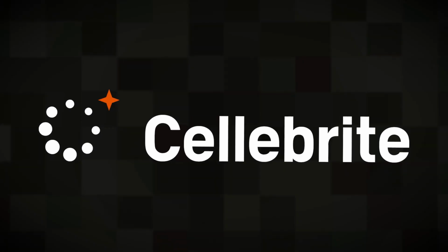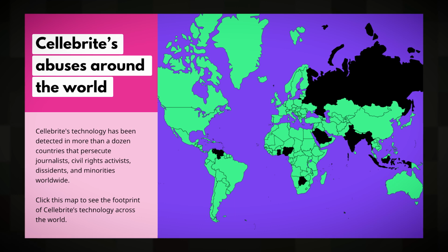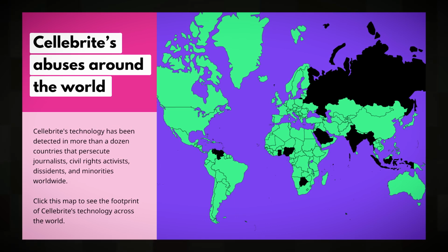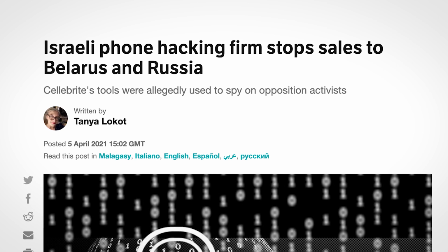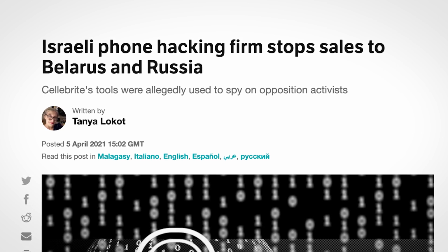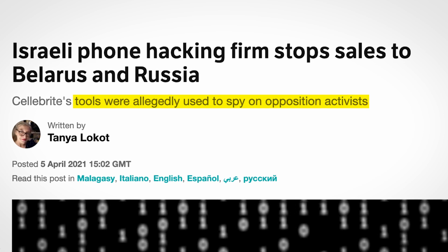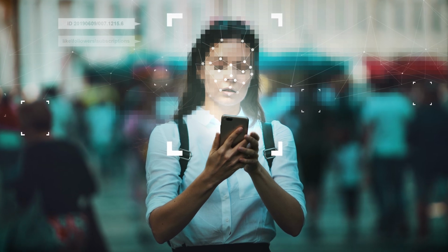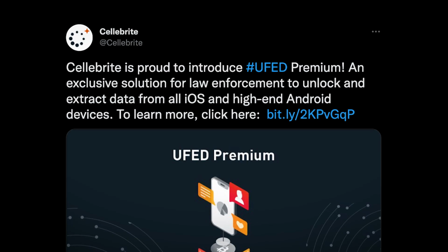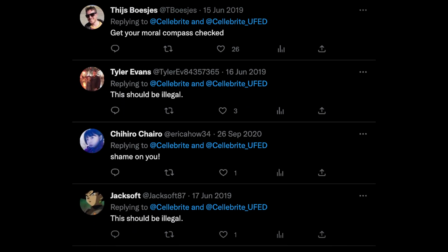As you can imagine, this company is somewhat controversial, in large part due to the many human rights abuses allegedly committed by governments using their tools. There's cases all over the globe, some of which have forced the company to take action. For example, in 2021, they halted sales to Russia and Belarus because their tools were allegedly used to spy on opposition activists. It won't come as much surprise that Cellebrite has a less than rosy relationship with privacy activists. The responses to Cellebrite's tweet that they could hack any iOS or Android phone are somewhat less than appreciative,